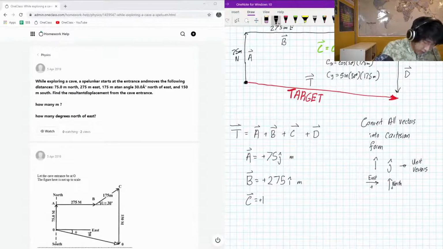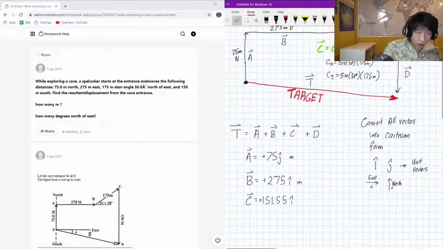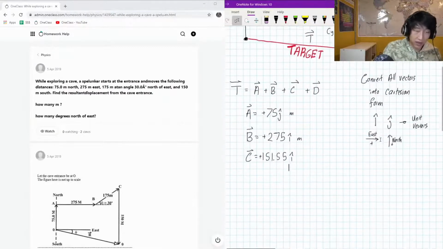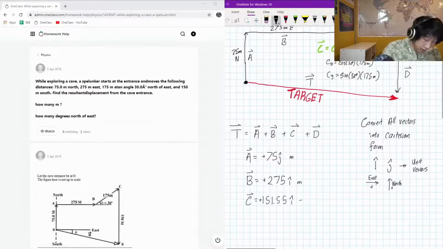So positive 151.55 in the i direction, and in the j direction it's also going to be positive, and it's going to be sine 30 times 175. So 175 times sine 30, that is 87.5. That is positive. Plus